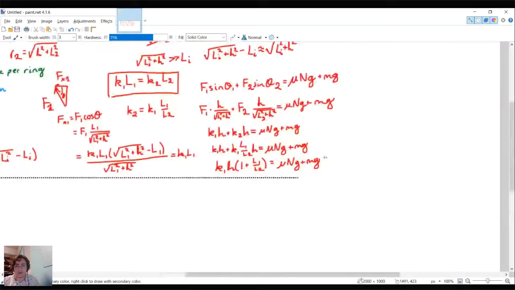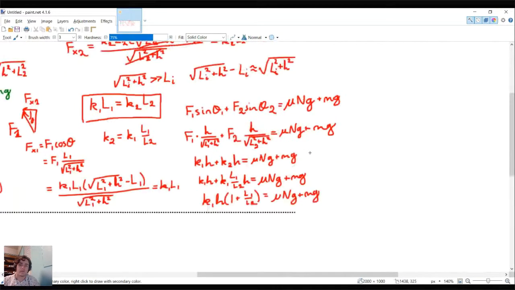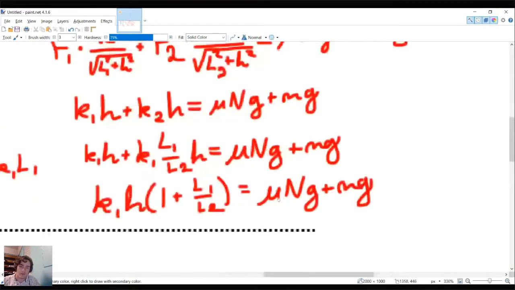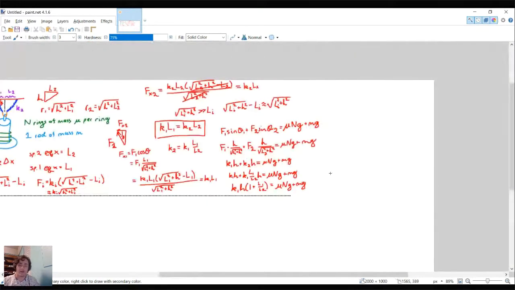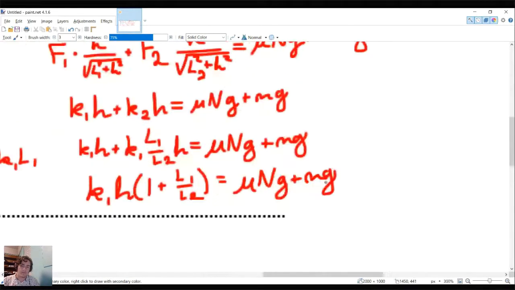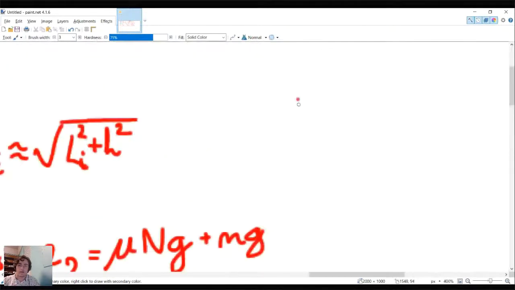So now we're going to divide everything by ng. So to get n alone, because we're solving for n, because we're going to end up graphing n as a function of the height. So now what we do next is we subtract this mg over, so we get K1H